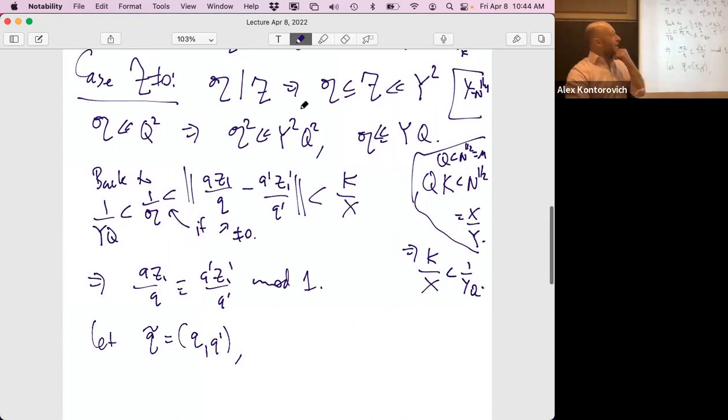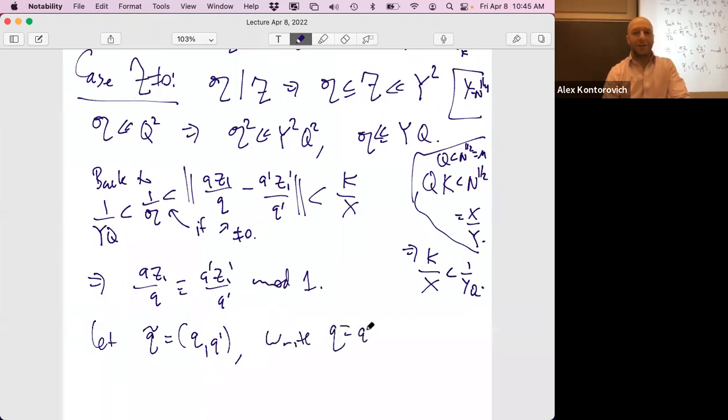No, we've already gotten as much as we're going to get out of this determinant. In other words, we've saved q squared. Now we want to save just a little bit more. So we're done with that z. We've used it to bound frac q. That frac q gives us that this actually is 0. And now we want to convert this into something that we can work with. So if we let q tilde be the GCD and write q as the GCD times